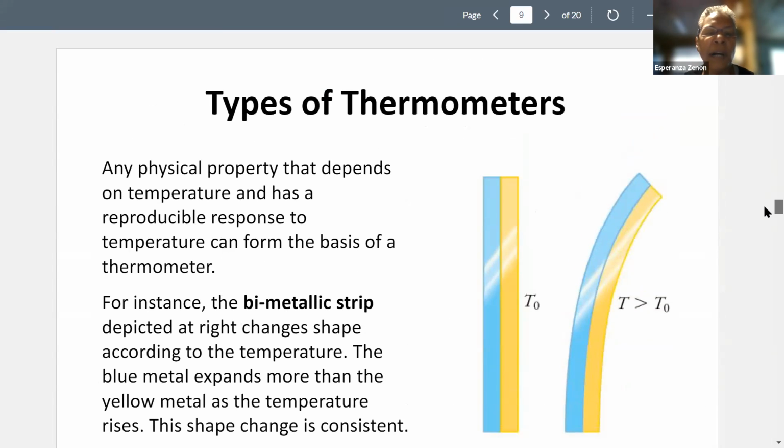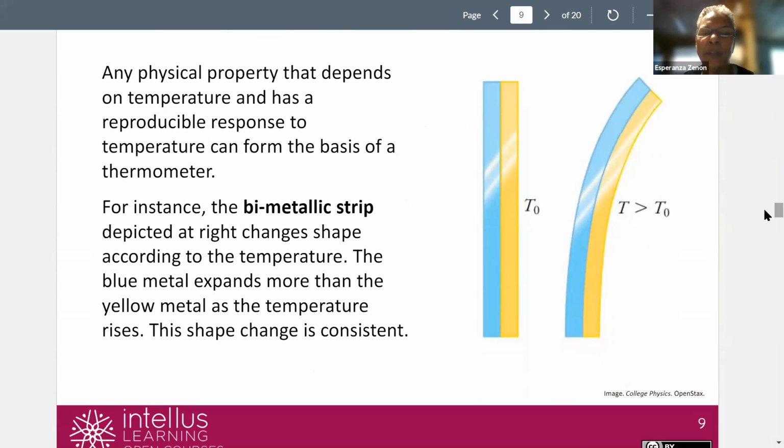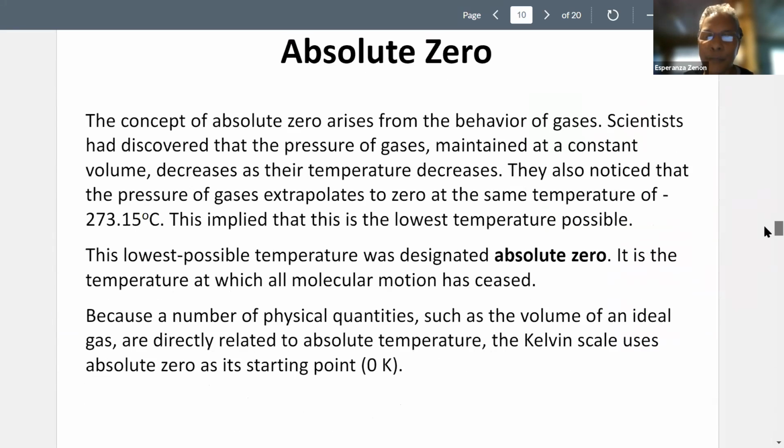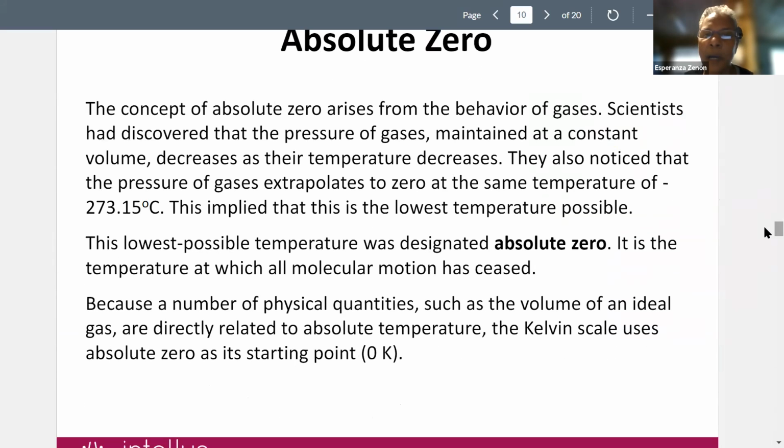There are some different types of thermometers. We are not going to get into the different types of thermometers, meaning what they are made of. Just need to understand that whatever material is being used, it responds to changes in temperature. I mean, you wouldn't want to be using a material that doesn't respond to temperature changes if you are trying to use that as a thermometer. So that's the only important thing there. We don't really need to go deeper into that. I'm not testing you on whether you know what a thermometer is made of. I'm sure most of you have seen mercury-based thermometers. And then there are some other metals that they design thermometers with.